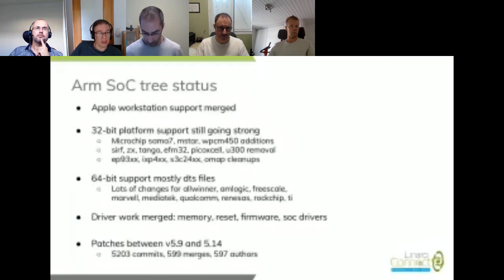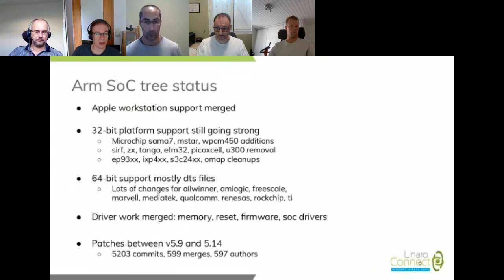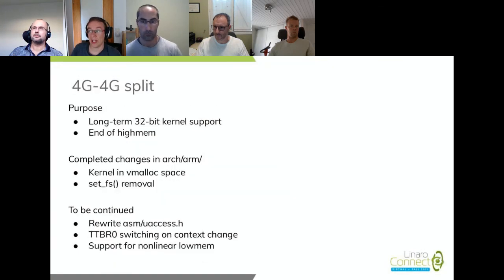Moving on to the next slide. This is one particular bit of work that Linus Walleij is heading. I'm also working on that a little bit. This is to make the higher-end 32-bit configurations work well into the future, where you have more than a gigabyte of RAM.